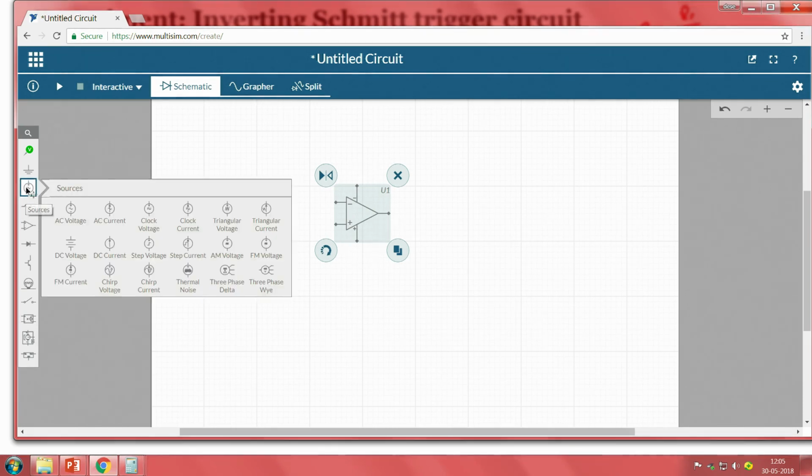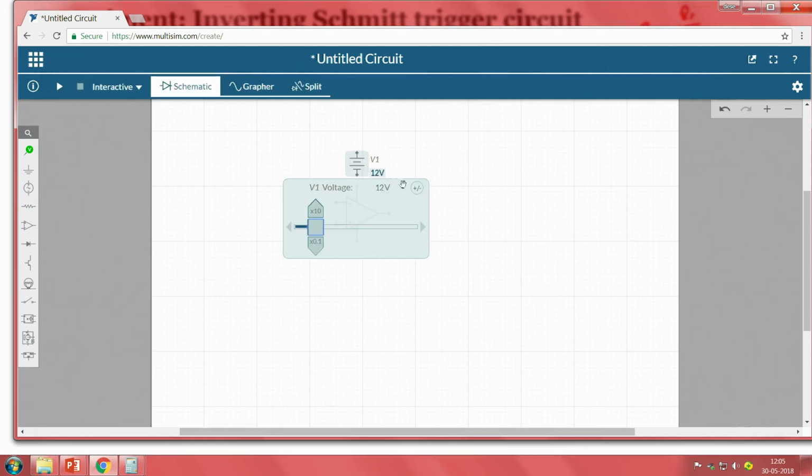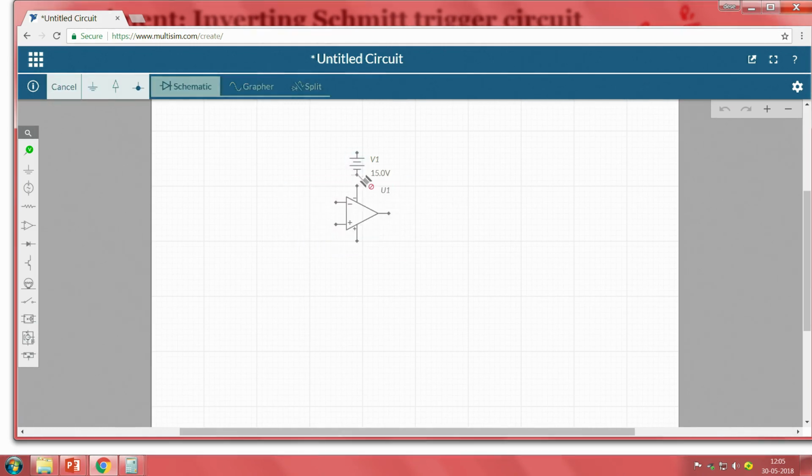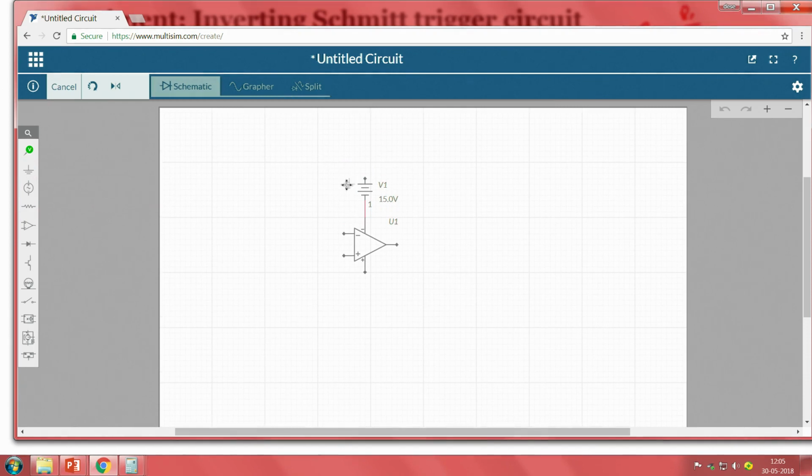Since I have to power it, I will take a DC voltage source, I will place it here. Now, this value should be 15 volts, right. Since the negative terminal is connecting to the negative terminal, observe here the negative is connecting to the negative. So, even though it shows 15, it is nothing but a minus 15 volts connected here, right, and I have to connect a ground. So, I am taking a ground and connecting it here. So, the negative supply is done.